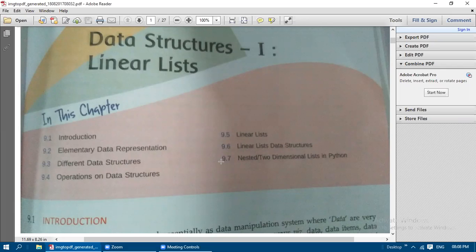So here linear means it is an ordered collection of items. A collection of items only is going to be represented as a linear list. So here in this chapter, we are going to see the following topics, that is introduction and elementary data